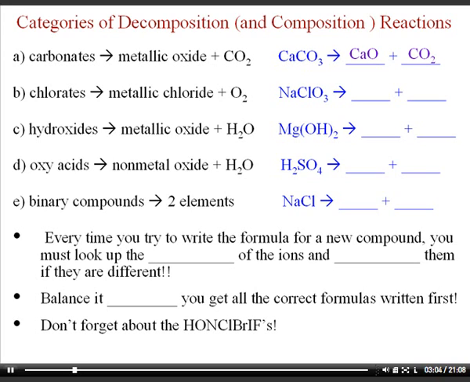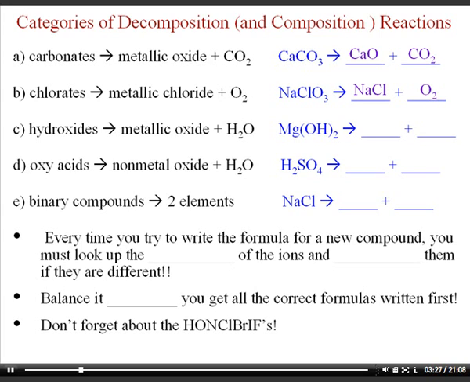In the next example, we have our good friend the chlorate. We've already broken one apart already. So you basically could think of it as karate chopping the compound in half after the chlorine. So you get NaCl, which is called a metallic chloride, and then you get the O3s turning into O2. And again, if you want to balance it, you could with 2, 2, and 3. Now, the next compound that you're